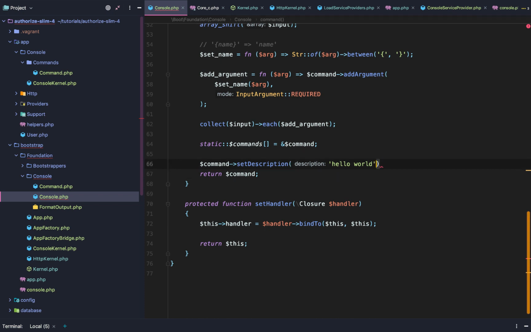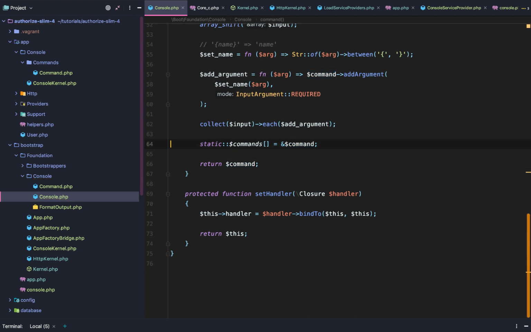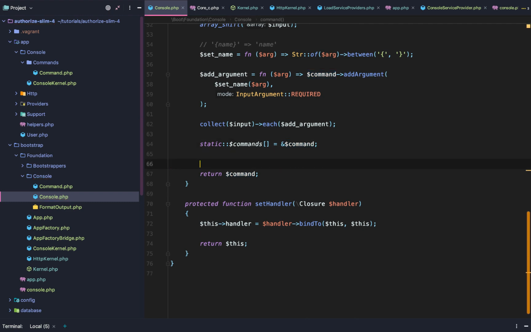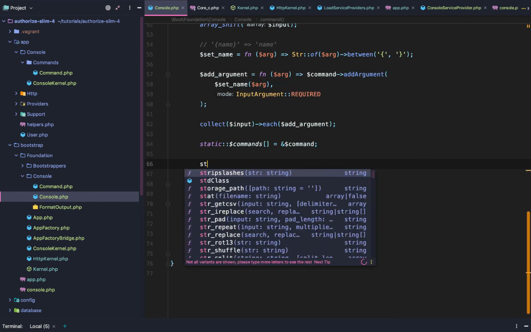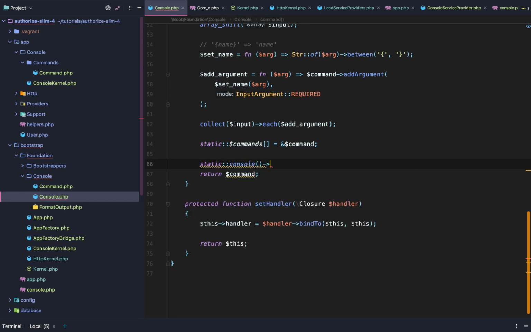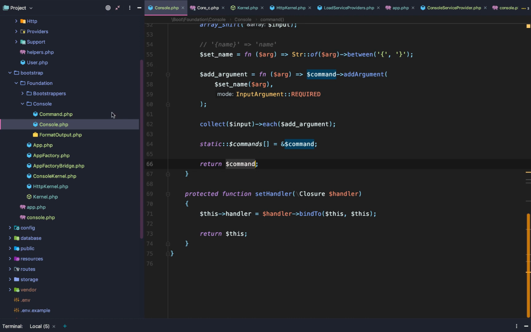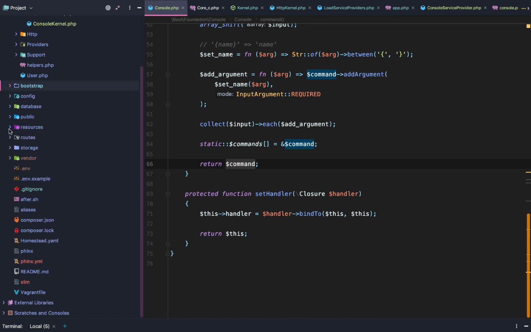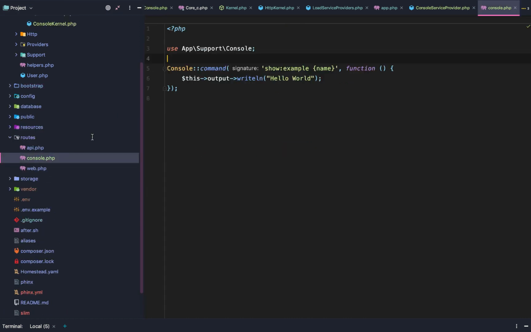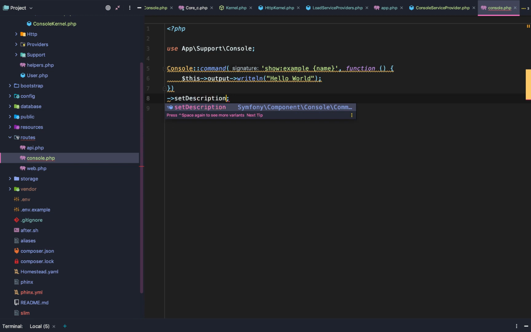So we probably won't use most of those, but they're still available for us. And so what we want to do, instead of doing a static console add command here, is wait until later. We want to wait until after we load all of our commands from route/console. That way, within our console command and our route/console, we can do set description, and then